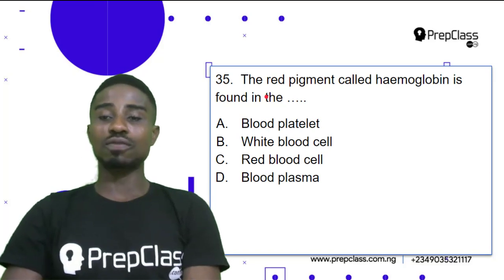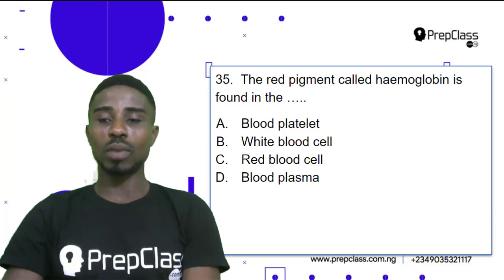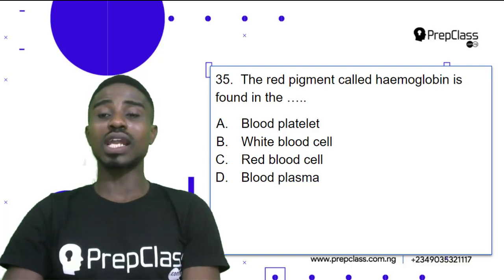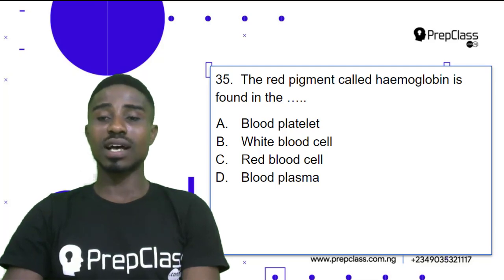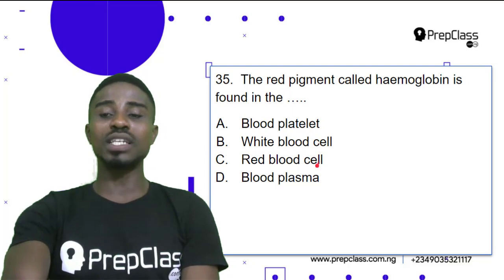Question 35. The red pigment called hemoglobin is found in the A, blood platelets, B, white blood cells, C, red blood cells, D, blood plasma. For us to carefully select the correct answer, we need to analyze all of these options and see which one best answers our question. Now, if you look at all of these options, you would agree with me, these are